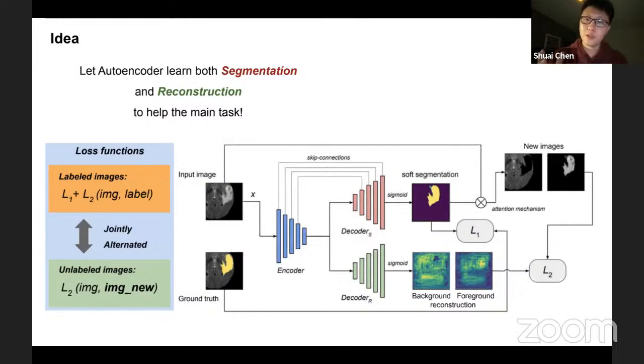Then the reconstruction task will try to reconstruct that part, and that part is not where we are interested. So we use the attention mechanism to force the reconstruction to focus on the boundaries of the tumor. So the features learned will be more relevant for the area we are interested in.